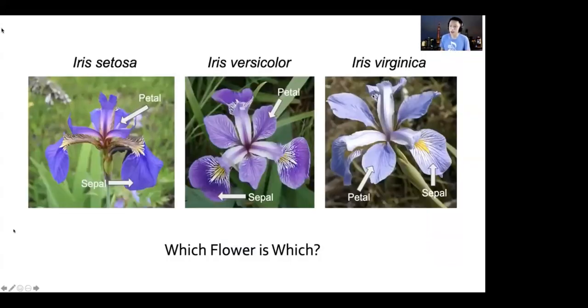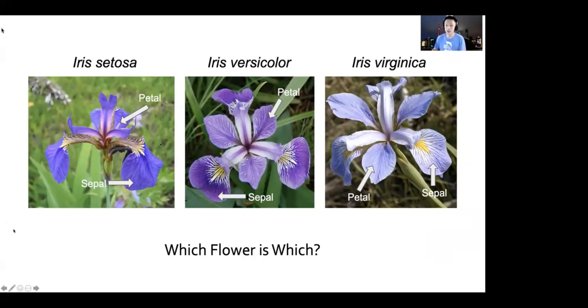So as you can see, we have a bunch of characteristics of these flowers that we want to use to determine which one it is. Because if you think about it, how would you approach this problem? If you looked at these three flowers, what sort of characteristics distinguish them? Does anyone want to volunteer any ideas?